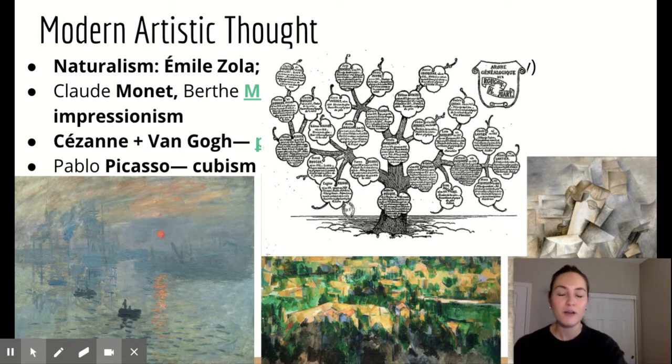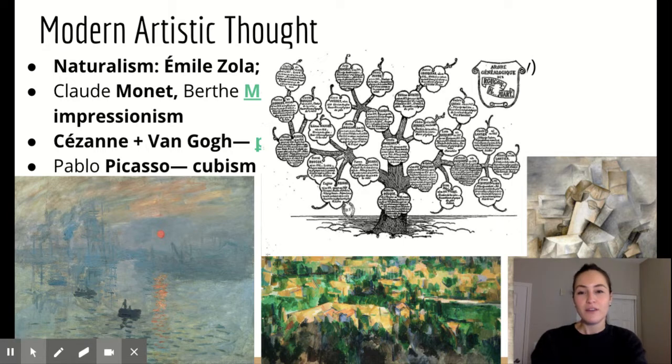I want to talk about a couple of writers during this era, one of them being Emile Zola. One of his most famous works is a series called the Rougon-Macquart. It's like a 20-book series, and it follows three lines of the same family, essentially. And I know you can't see the rest of the text because I have this image over it. This is actually one of the family trees.